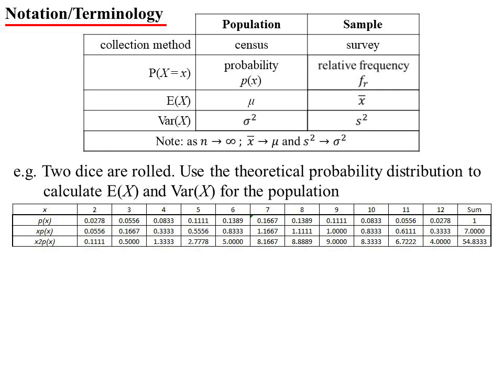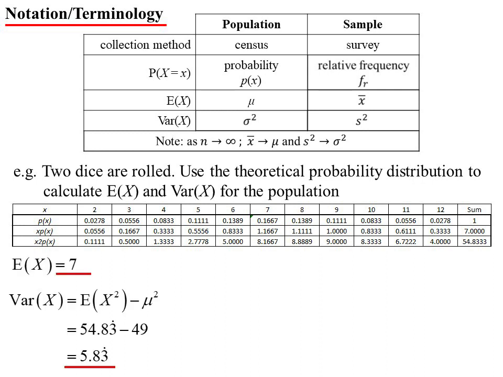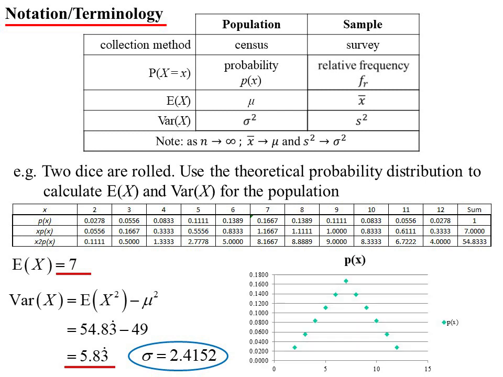But anyway, we conducted an experiment, and here it is. I did a simulation on a computer to save ourselves some time. Now, this is not the actual rolling of the dice. This is the theoretical one that should happen. So a 0.0278 chance of rolling a double one, and so on as we go along. I've then created the xpx and the x squared px row for that information. The expected value is 7, you will see. And the variance is 5.83, well, repeater. So 5.833333, and so on. That means the deviation, or standard deviation, is 2.4152 approximately. If I was to graph it, it's a beautiful symmetric graph. There it is. So in theory, that's what should happen.